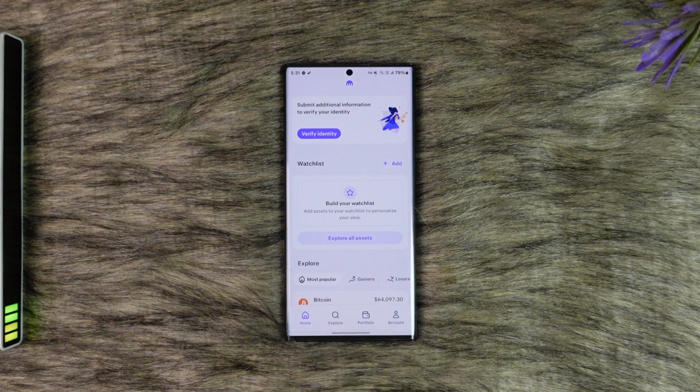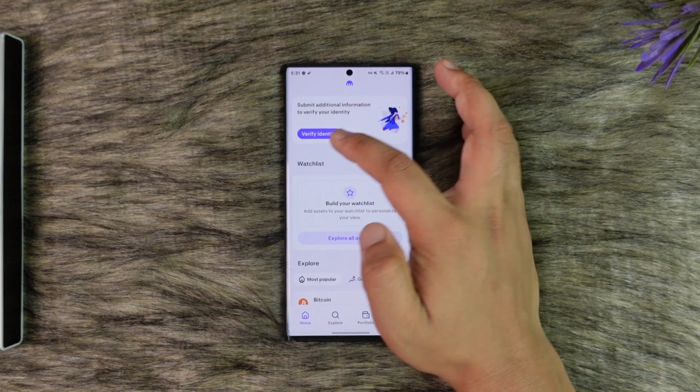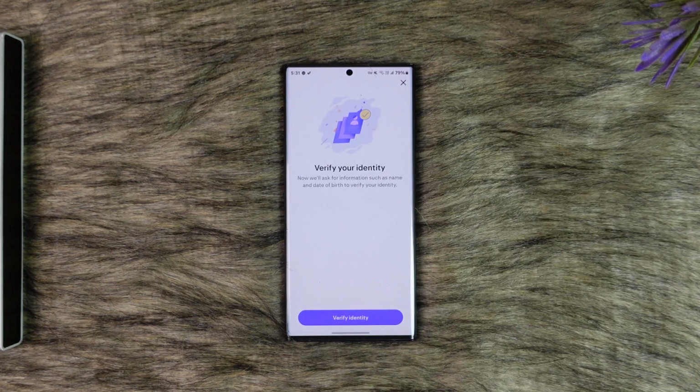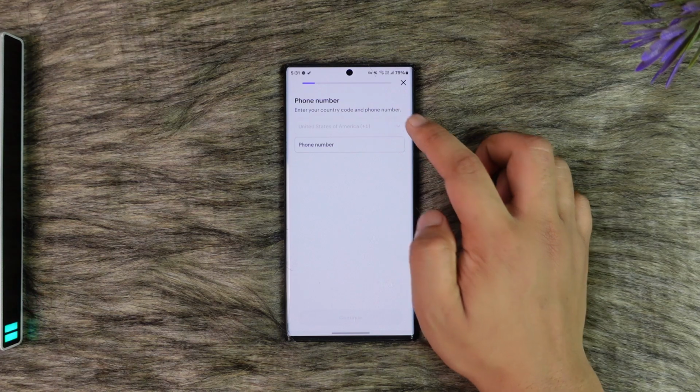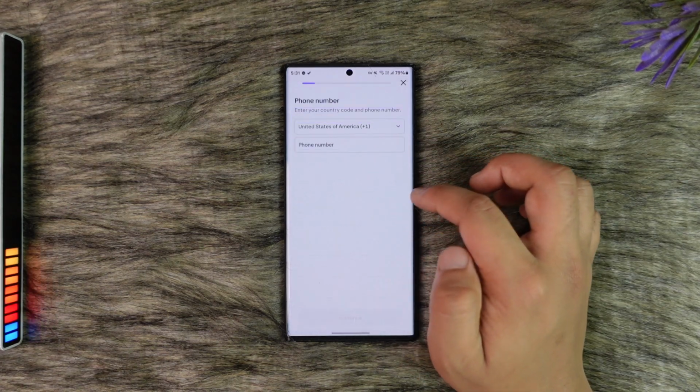Now, first of all, you also need to make sure that your identity is verified if you want to verify your bank account. So you can simply go to the verify identity option there, and once done, you'll be able to find the verify identity button. So once you've done that, you'll be able to simply enter your phone number and your legal details there and